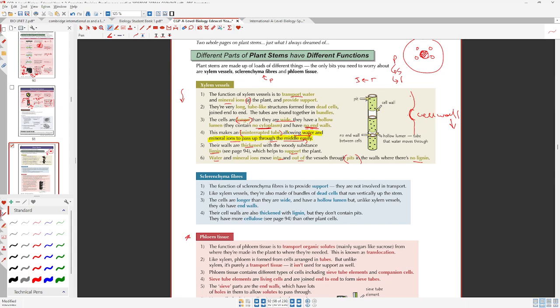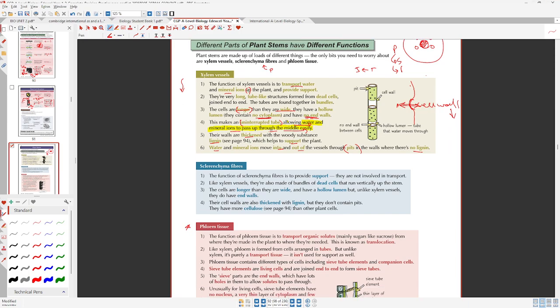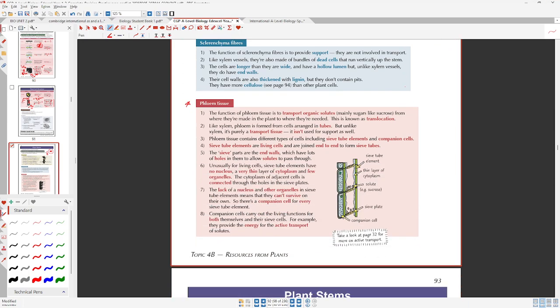Cell wall decreases, and so water can actually pass through the xylem in those areas. Now let's just go to phloem for a sec. Okay. And actually, no, this is too boring. So let's take sclerenchyma. So the function of sclerenchyma straight away, we're just talking about the function rather than the